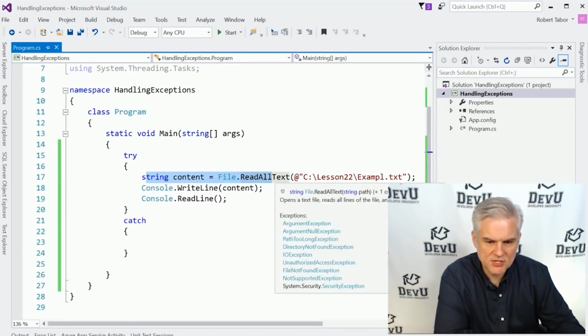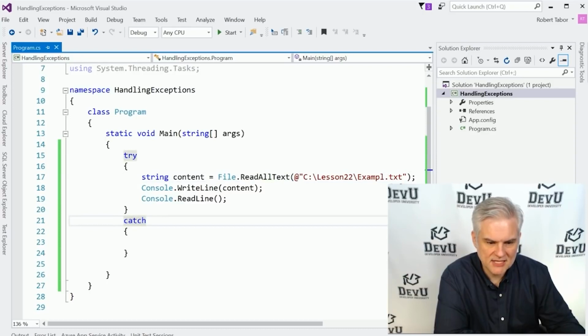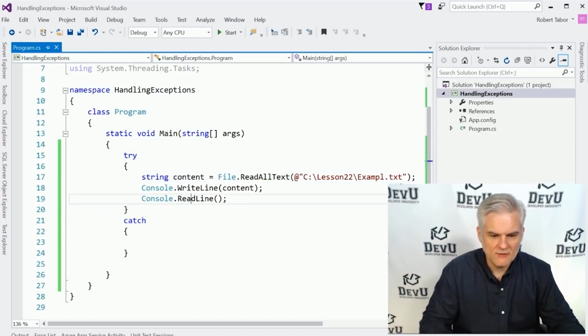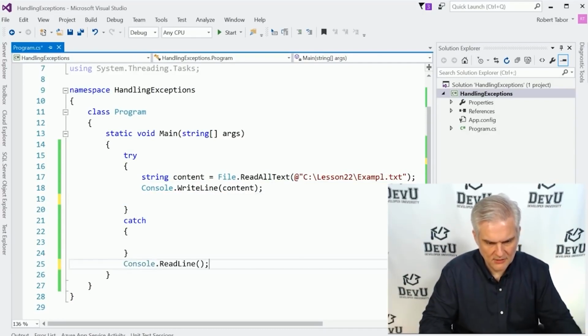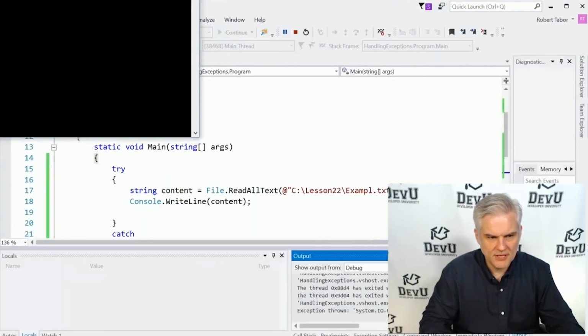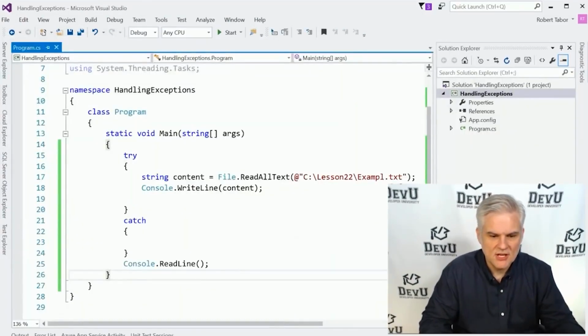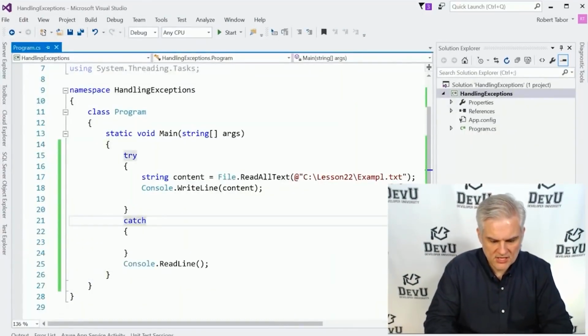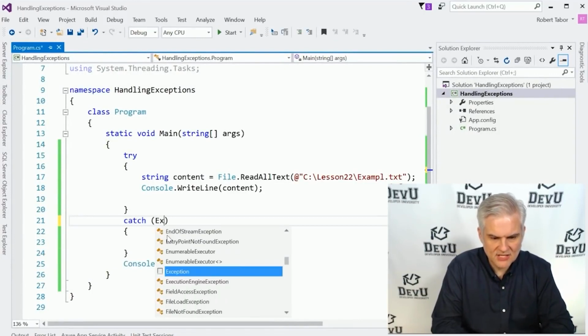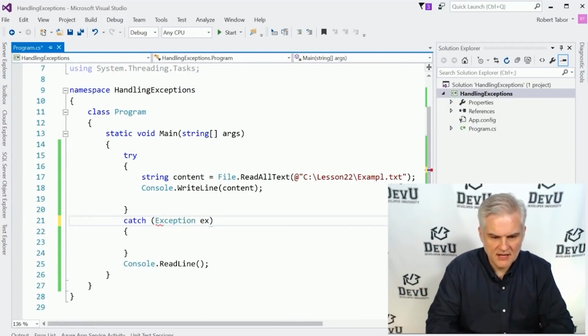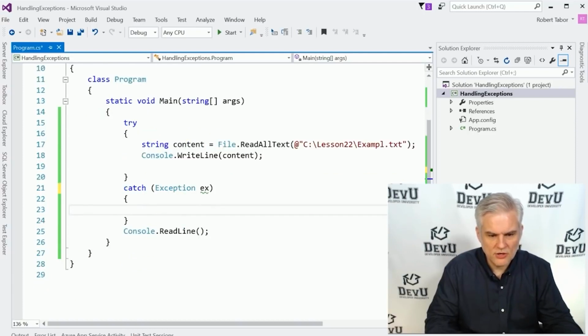What if we were to move this to right there? We would at least see the application now run for a little bit, and we would see no output. So still not an ideal situation, but at least we're not seeing any exceptions. Let's go one more step with this and say let's actually catch the exception that occurred. So here we're going to catch an exception that we're going to call ex. Now, Exception is the most general